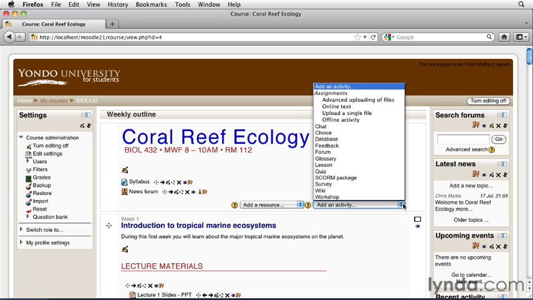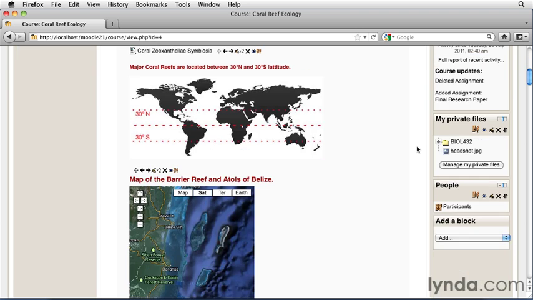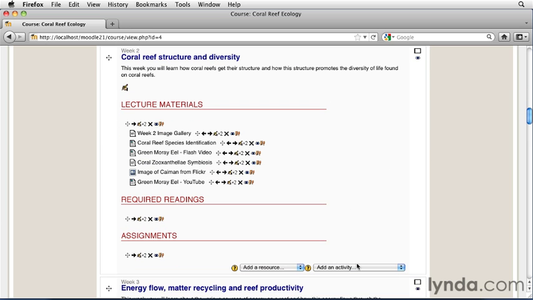The next assignment type that we want to look at is the online text assignment. Throughout our course, we want our students to be able to report in every single week on their individual contribution to their group project, and an online text is perfect for this type of assignment. We're not going to have the students do this contribution the very first week, but we want to start in the second week. So go ahead and scroll down until you get to week 2 and click on the drop-down